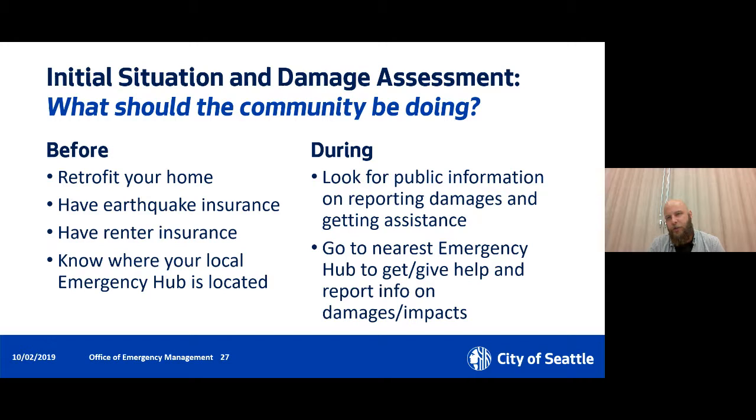So in this initial situation and damage assessment phase, what does this mean for the public? A couple of things to highlight. I talked about, in terms of doing damage assessment, for the city and city building inspectors, the focus is really on critical facilities. And there are about 100 building inspectors in the city. We talked about having thousands of damaged buildings. It is going to take a long time before they get to individual residential structures. So look into retrofitting your home. There's a link in the resources to information on home retrofit.